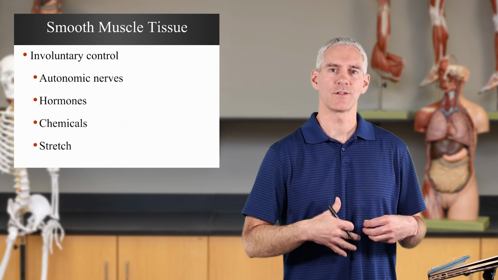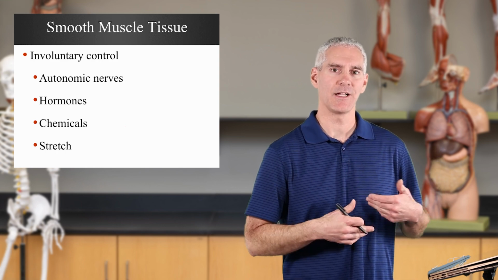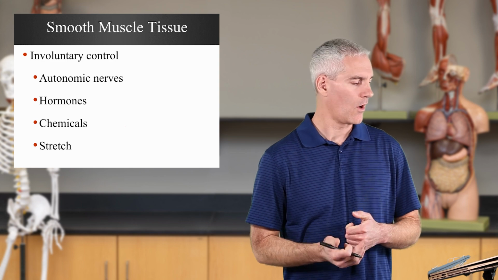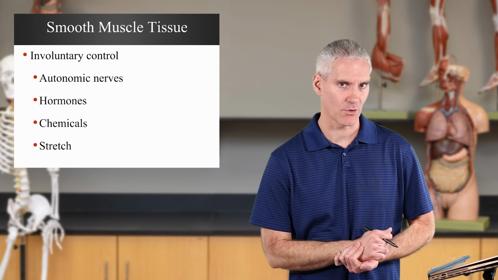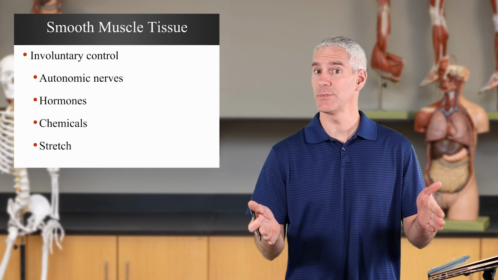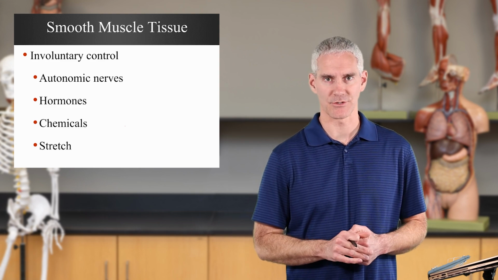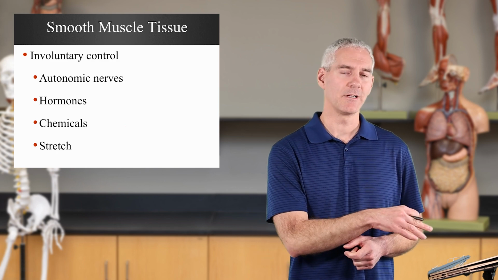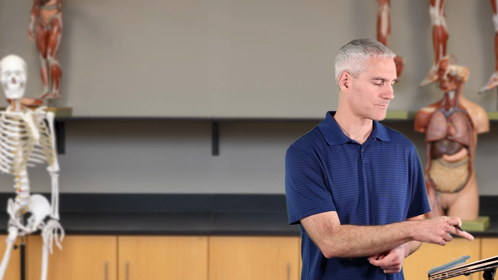So you have all this basically non-conscious thought process going on. All of this involuntary control, controlling your smooth muscle. So both cardiac and smooth, both involuntary control. Now from here, gotta keep moving on. Next we look at more of the skeletal muscle, because skeletal muscle is more the focus of what we're doing for the rest of this unit.